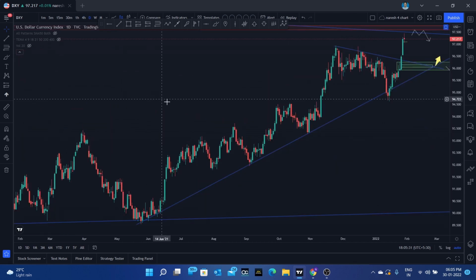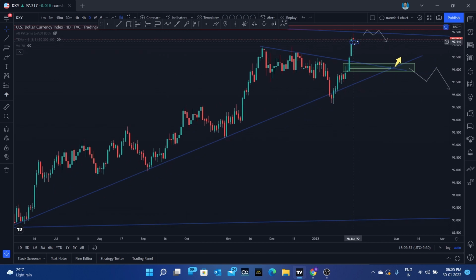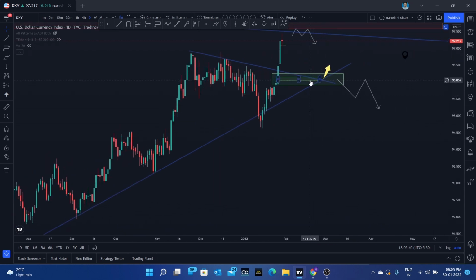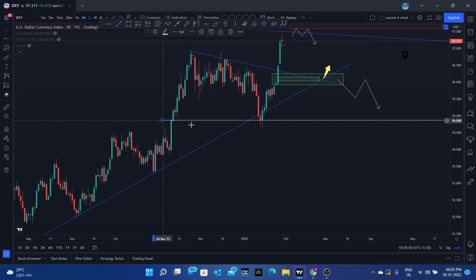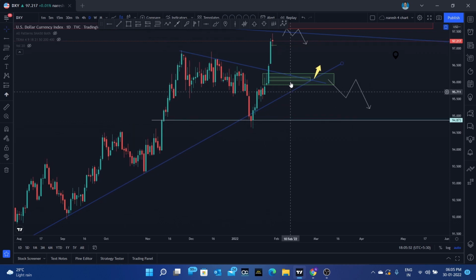So USD right now, you can expect a drop over this area, and you can go for long again, guys. If it is breaking this area, like if it is not respecting this trend line as well, and it keeps dropping, we can expect the next support to be in this area, guys. So the price can again come to this area and take some kind of resistance at this support in this area, guys.